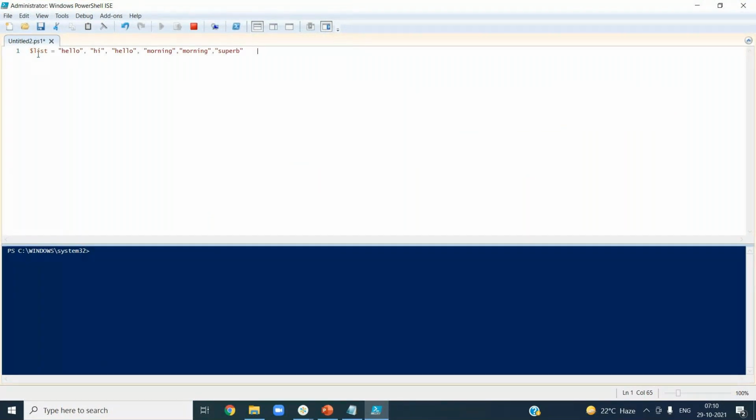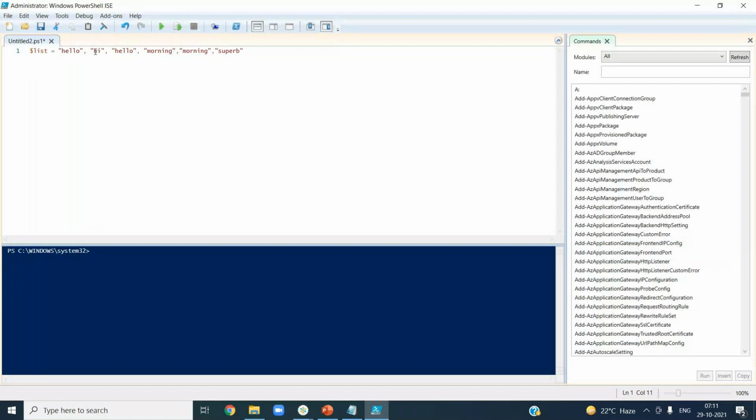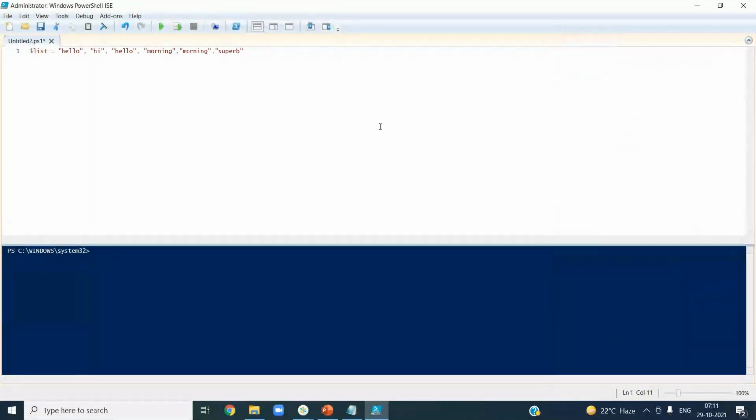So I have a variable with the name list, and I assigned these strings basically: hello, hi, hello, morning, morning, super. So I have some duplicate words as well. How do I find out the unique words from this?